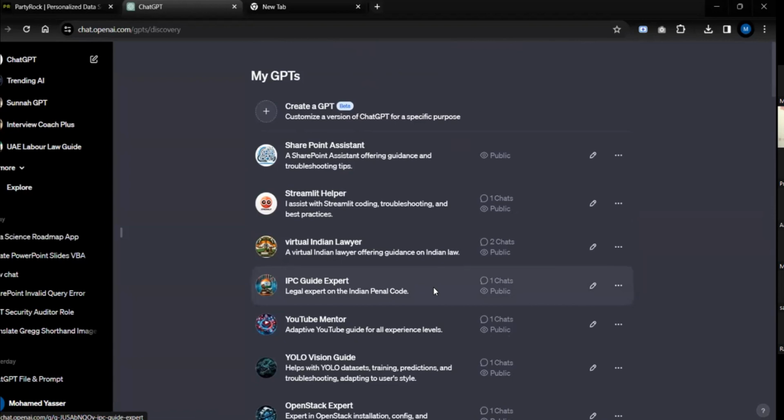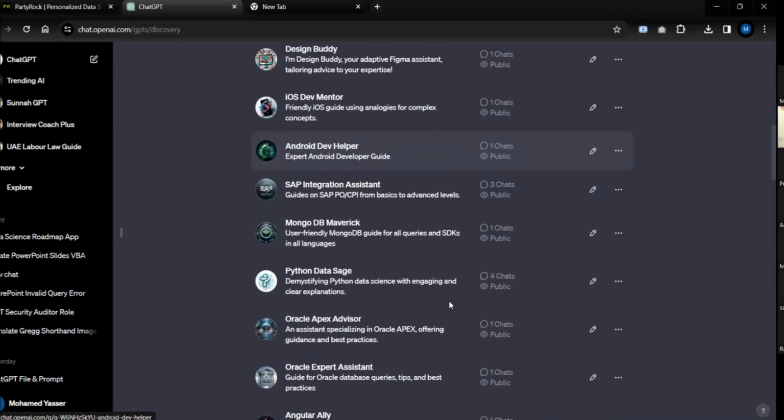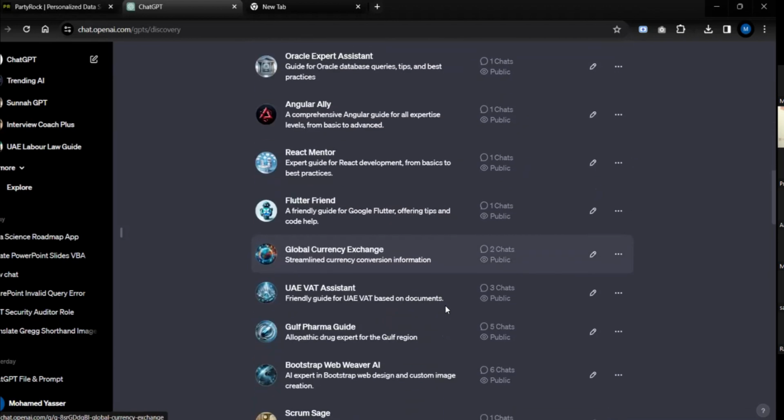Custom GPT is a vast topic, and in custom GPT, you can provide your knowledge. You can provide your external APIs. It will communicate in real time. You can provide your own API to connect and communicate. Even I created something just for a POC, a global currency exchange, which will provide you the current rate. It actually consumes